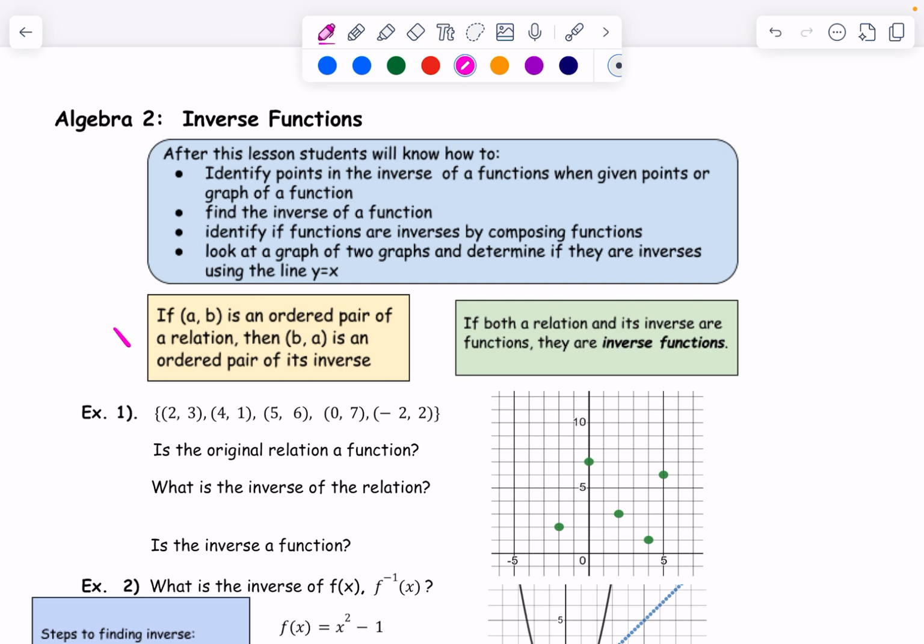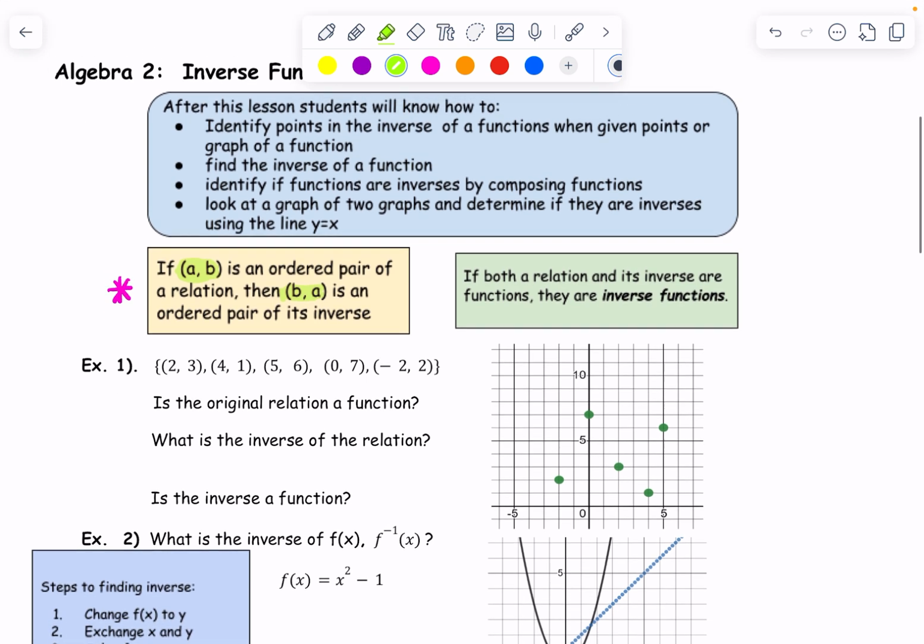Okay, so first what we're going to talk about is looking at some points. Well, if (a, b) is one point in an ordered pair relation, then (b, a) is going to be an ordered pair in the inverse. And so what we're going to do is first look at